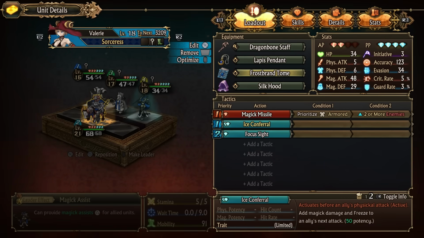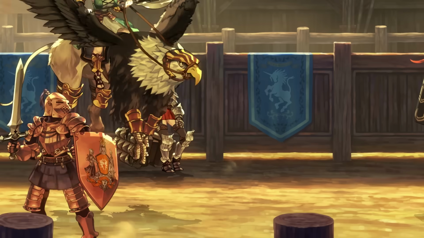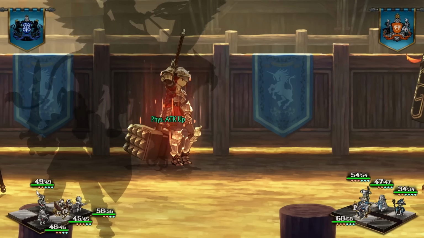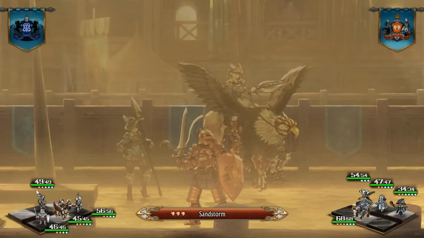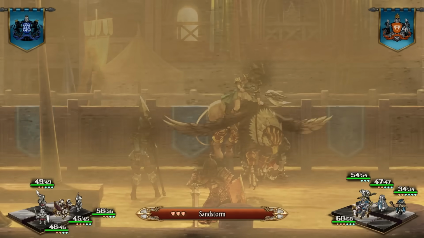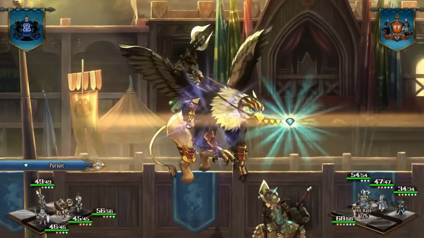Ice Conferral, if you were not aware, activates before an ally's physical attack, adding magic damage and freeze to an ally's next attack. So, the way this works is we only have one unit with a physical attack in the squad, and that's Leonhardt. That physical attack is Dark Flame. And while it may have a magical potency, it also is considered a physical attack, so the Frostbrand Tome